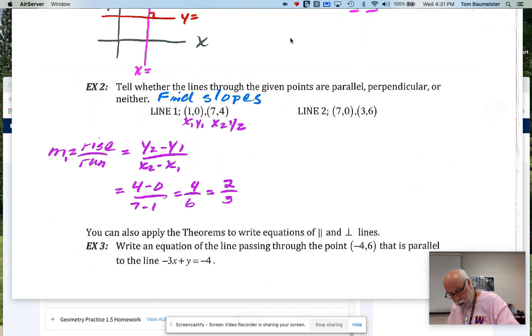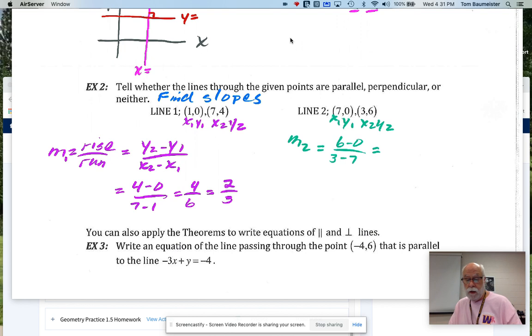Now our m2. We're going to do the same thing with x1, y1, x2, y2. So y2 minus y1: we're going to have 6 minus 0 over 3 minus 7. If you look at that, we have 6 over negative 4, which, if I reduce that, gives us negative